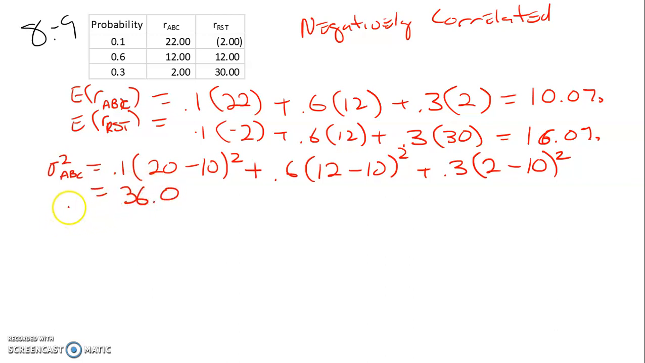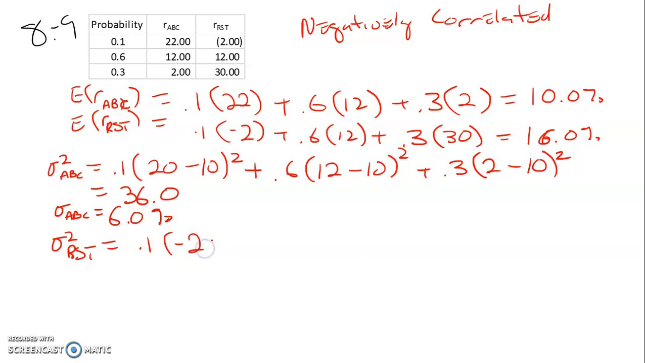The standard deviation for ABC is the square root of 36, or 6%. Okay, so the variance for RST, so we've got 0.1